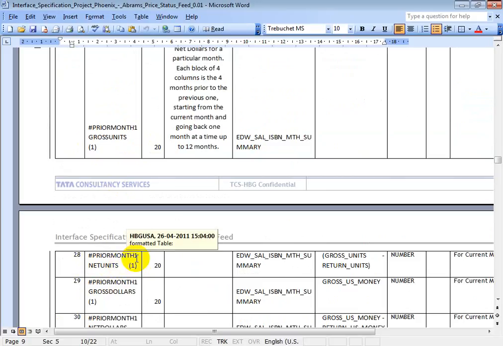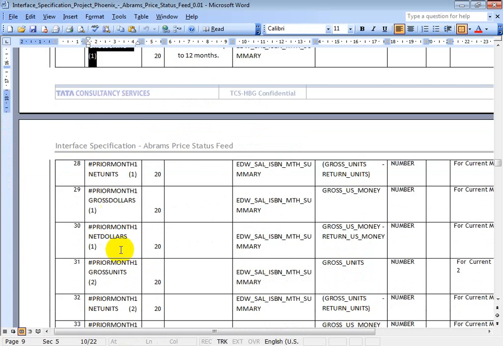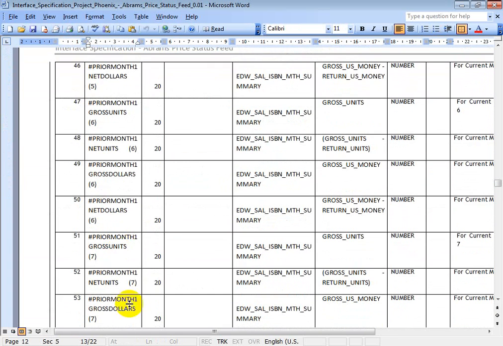Now currently we are in physical month 10, right? If we run this data for physical month end 10, then the data will be 0 for month 01 gross units and net units, and month 02. The only data will be available for the 10th, since it is physical month 10.